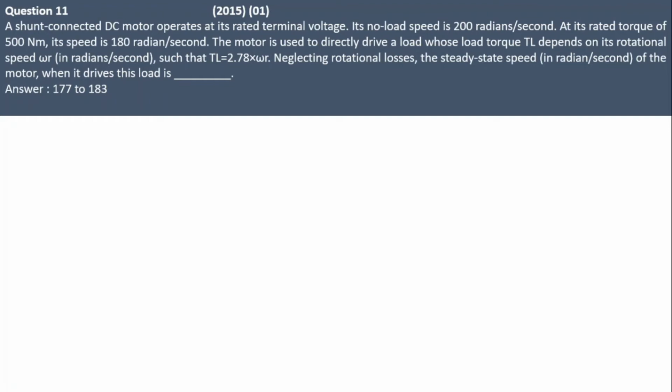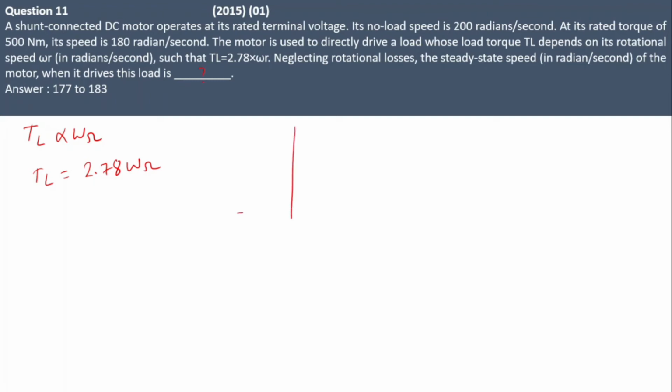The motor is used to directly drive a load whose load torque TL depends on its speed omega R, such that TL equal to 2.78 omega R. Neglecting rotational losses, the steady state speed in radian per second of the motor when it drives the load is,